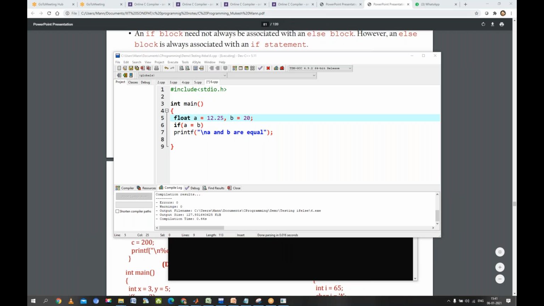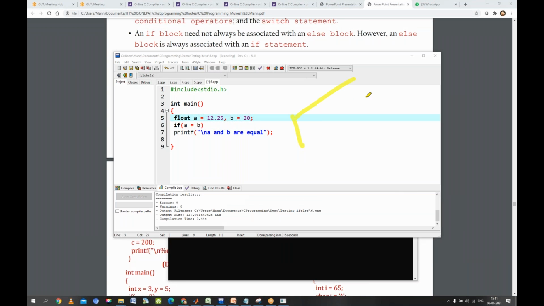So whenever I call variable A, it is 20. Is 20 false or true? It's true, beta, right? So after this, whatever statement we have is going to execute. Okay?